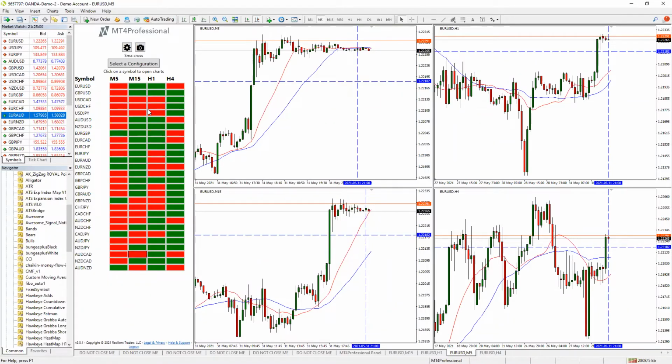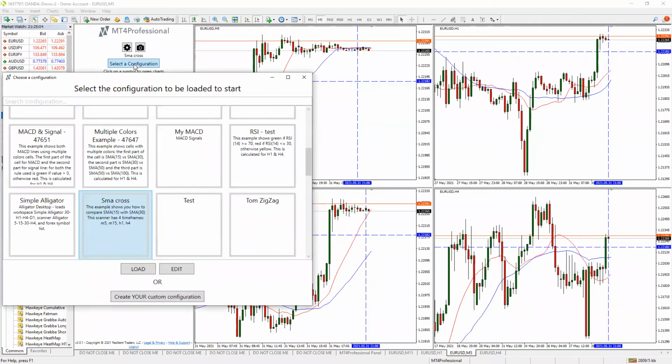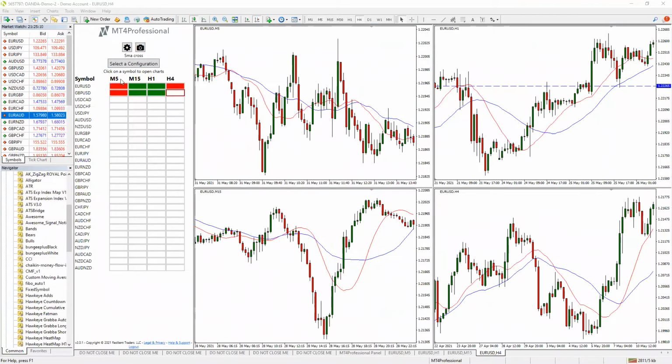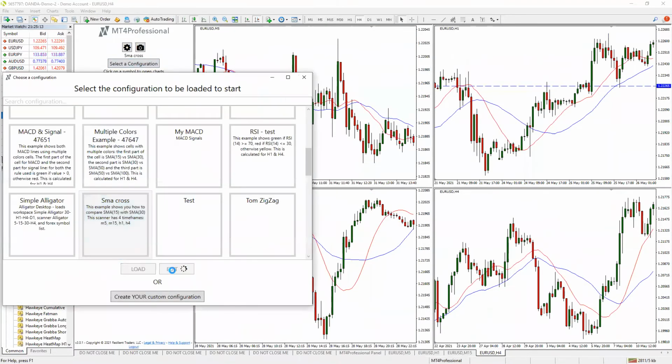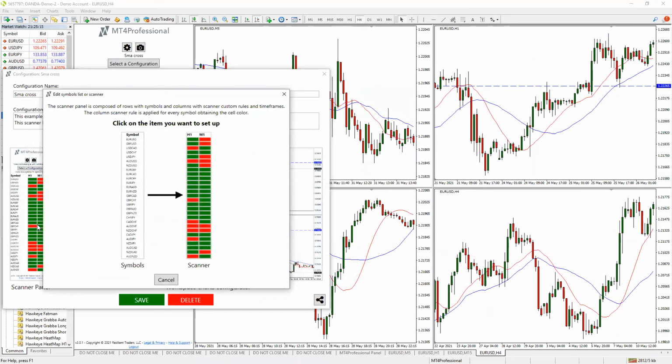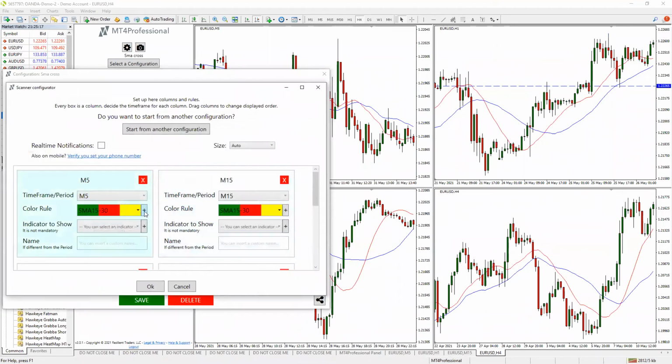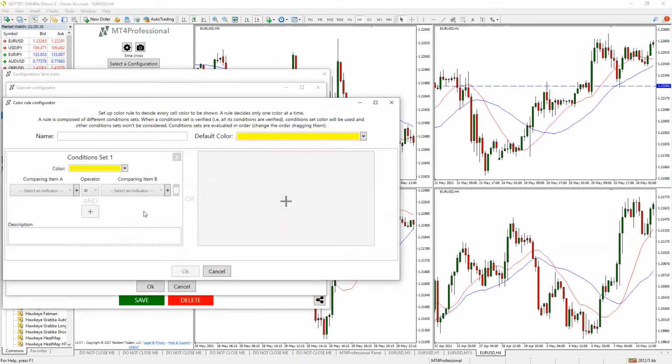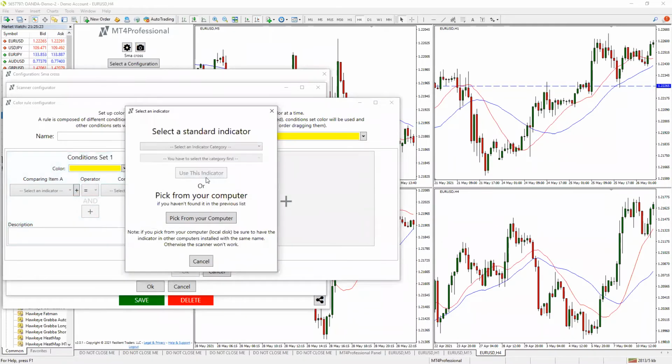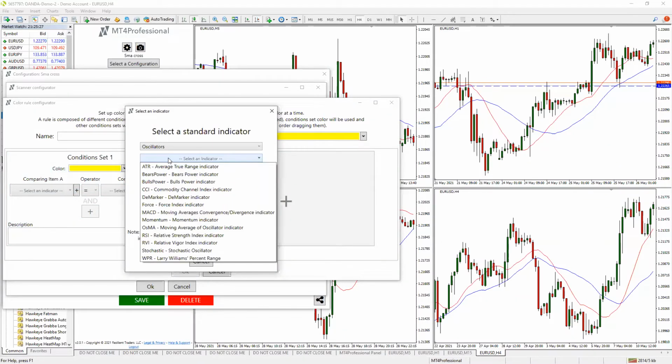Jose wants to know if it works with DMI and OBV. If the indicator is available on your platform, then absolutely. So if we were to load this up, I'm sorry, I should just click Edit. Then you go up under the scanner itself and click plus. Then we can set any other condition. We can look for any indicator that we want. And if we look for these oscillators, then you can look for the